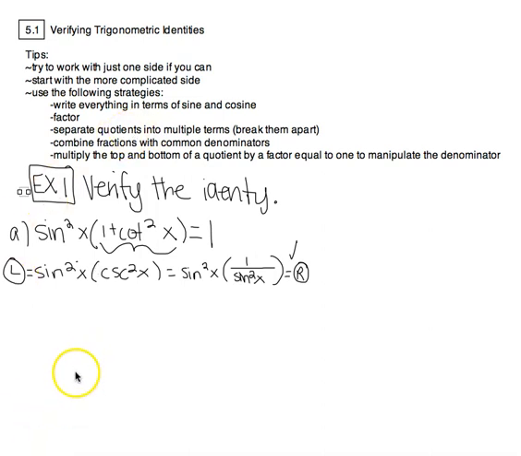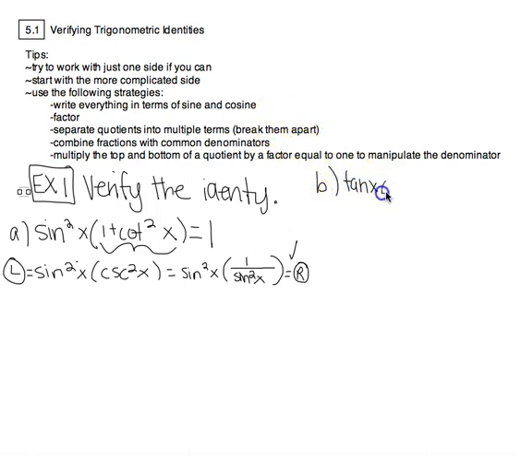All right, so now we're going to take a look at another one. And again, they're all different, so I'm just going to try to give you a wide variety that hopefully will help you and give you lots of strategies to try for the homework. Okay, so the next one that we're going to do is